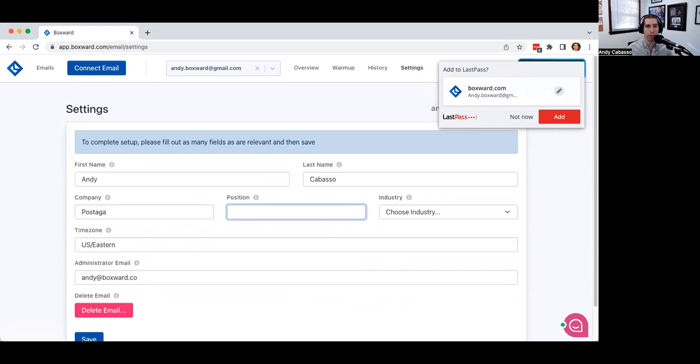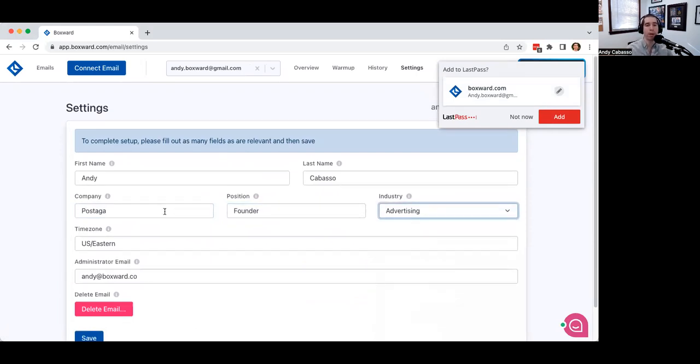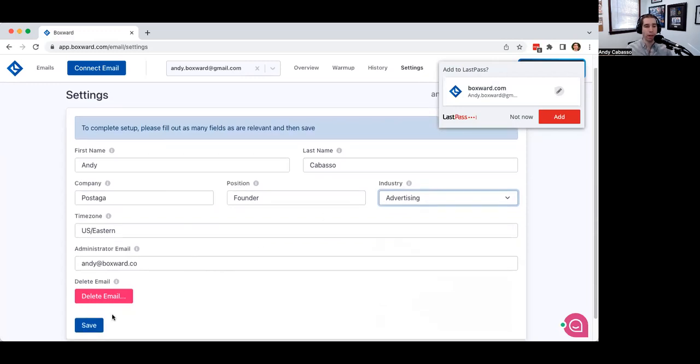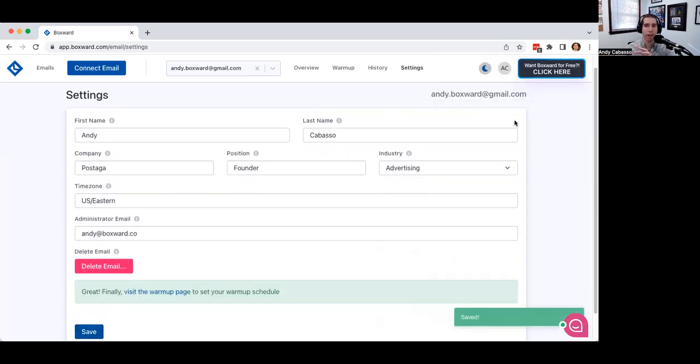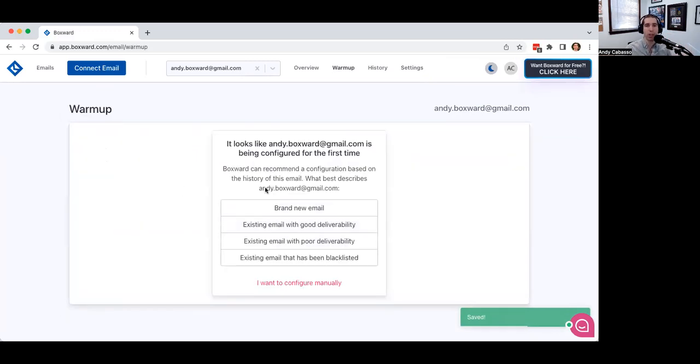The reason that it's asking this is so that it can better tailor the email sequence and cadence to the people that we're reaching out to. The initial question here is: what is this email address, so we can set a cadence for you?